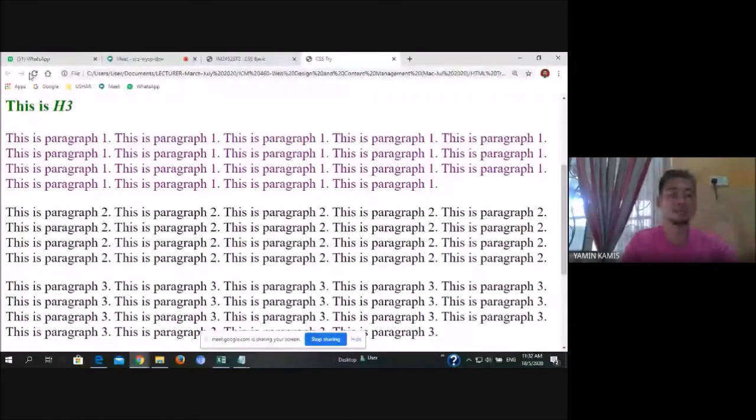Dah jadi pun brown. Brown macam tak nampak sangat, lebih kurang hitam je, tapi dah jadi dah tu. Alright, brown. That's it guys, ID name. Now, the third is